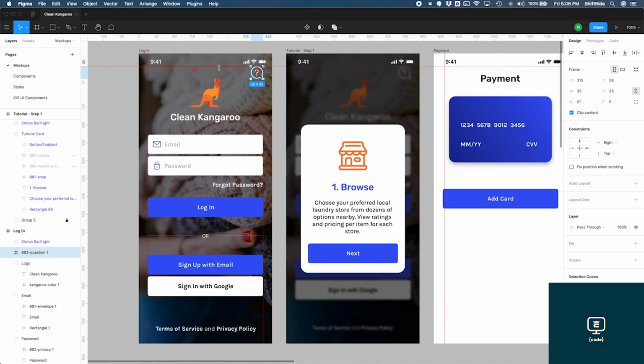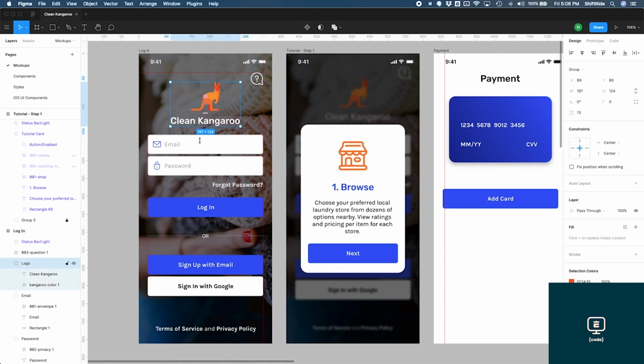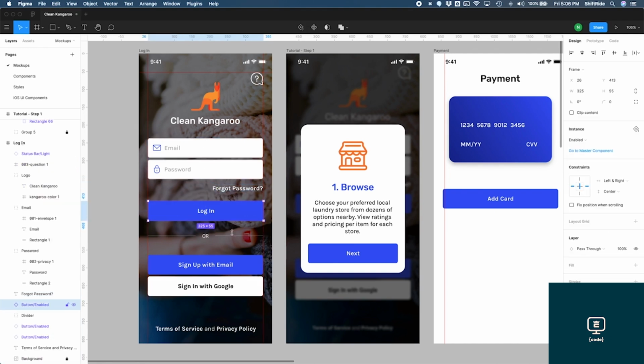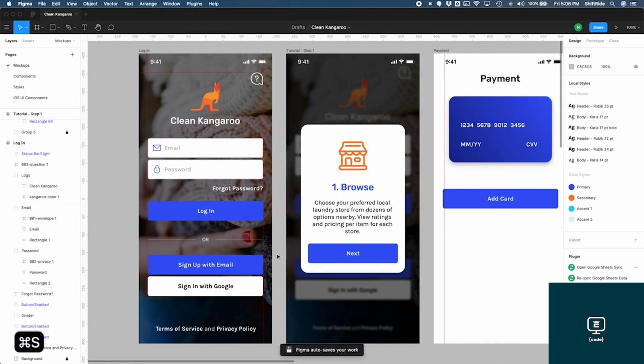Move things down a bit. I'm going to go ahead and just move my guide here. I think that's good. Maybe move this down a little bit too, as well as everything else here. That looks good. Now, you might have noticed we use a lot of icons from that website,